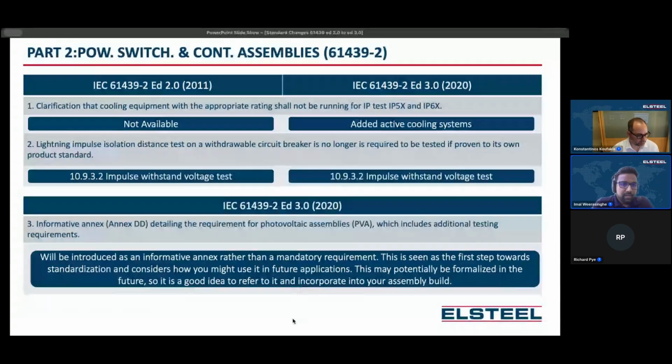And the third advantage will be the informative annexure, especially annexure DD, dealing with the requirements for photovoltaic assemblies, which include additional testing requirements. That means now we are using photovoltaic panels, which normally we call solar panels,